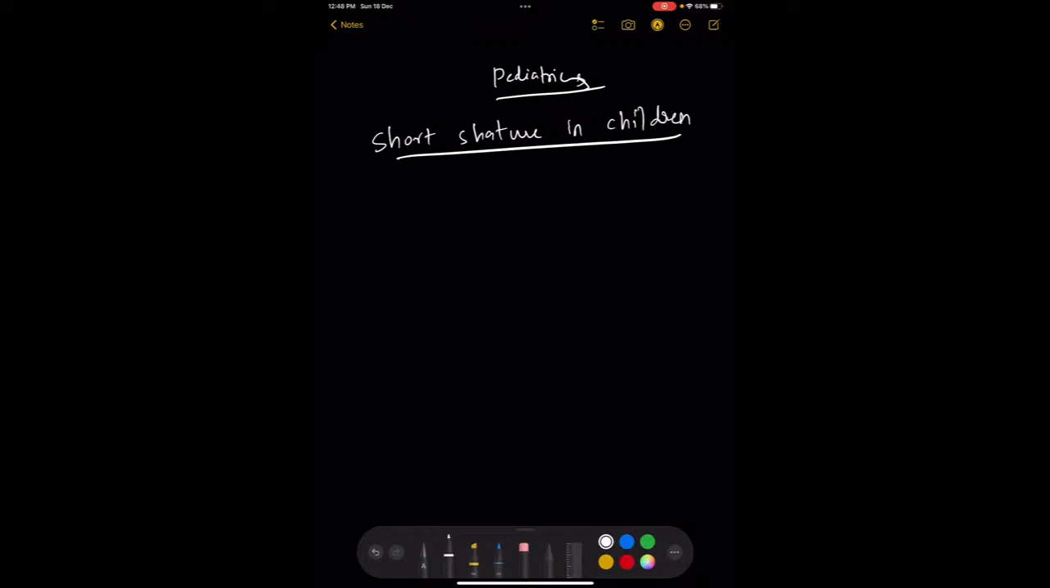Short stature in children is divided into two types. One is physiological, and the next one is pathological. First we will discuss physiological. What is physiological? Physiological is nothing but